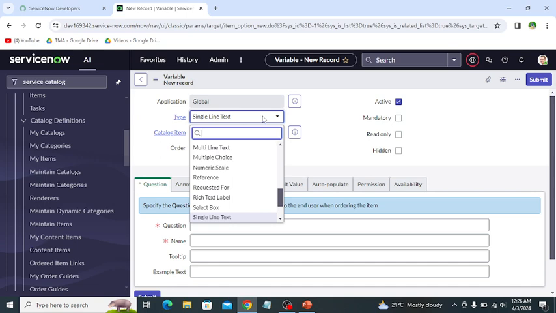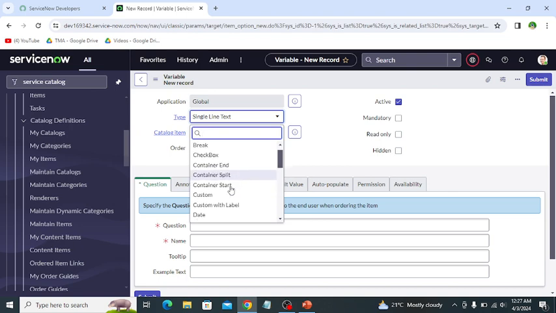If we talk about the attachment, then when submitting a catalog item request, this variable lets you upload an attachment for a question of the item. After you upload the attachment, you can also download, update, and delete it. Then the next type is break. The break variable displays a horizontal line across the form. This line is a formatting element. Then checkbox. The checkbox variable lets you enable and disable an option by selecting and clearing it.